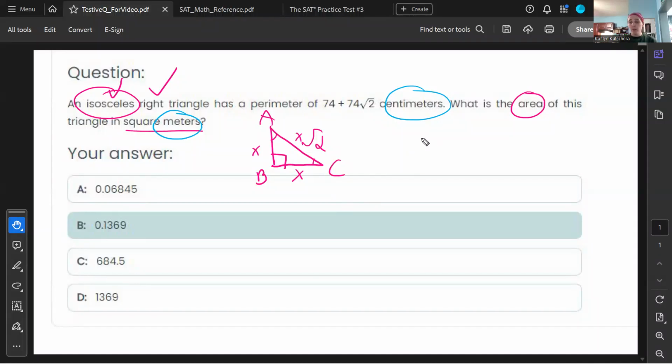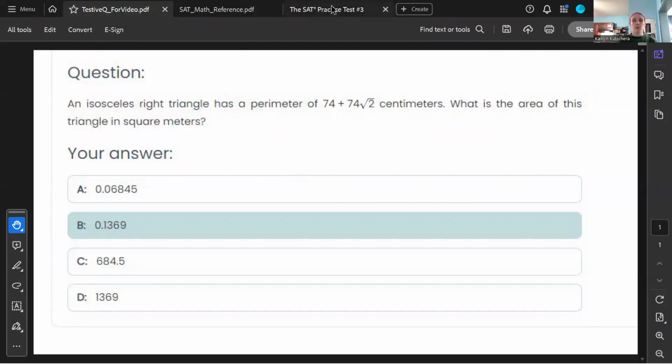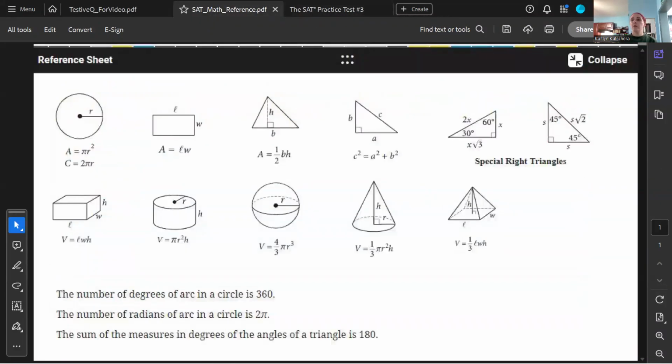And they can't be the right angle because if A equals 90 and C equals 90, well, that's already 180, and we know triangles have 180 degrees. It just doesn't work. So if you find an isosceles right triangle, this is the side ratio. Now, if you don't have that memorized, that's okay. As long as you know that it's isosceles and right, you just have to remember that you are given that